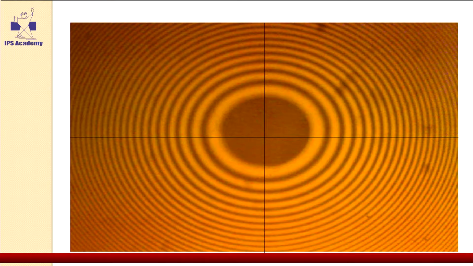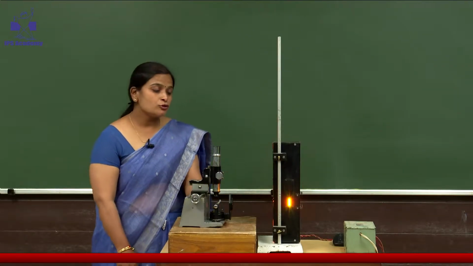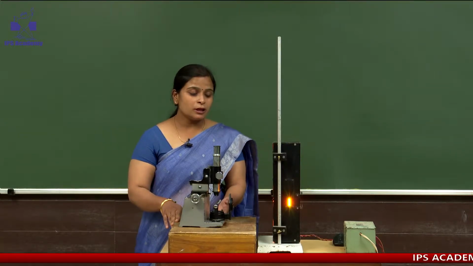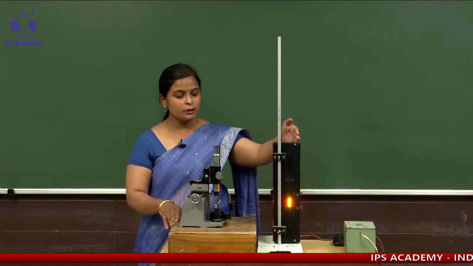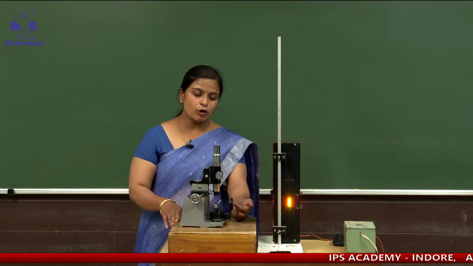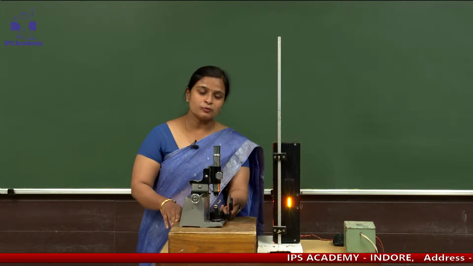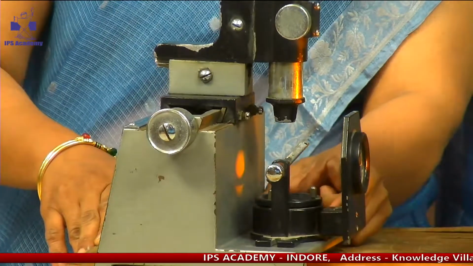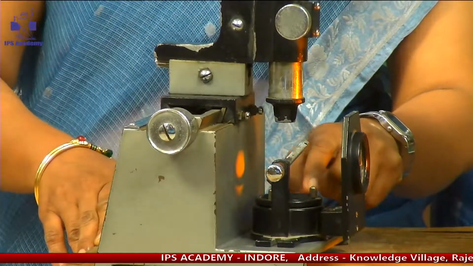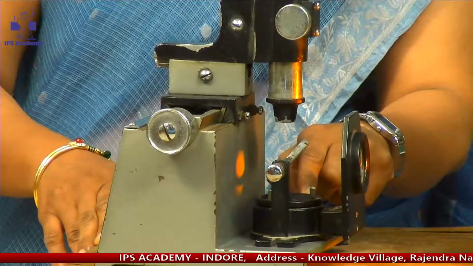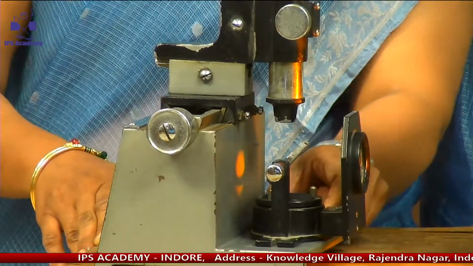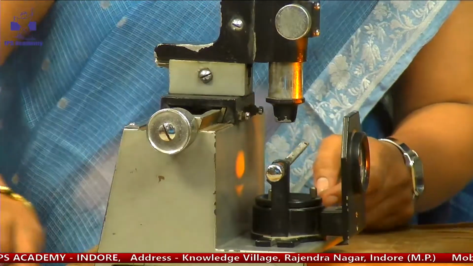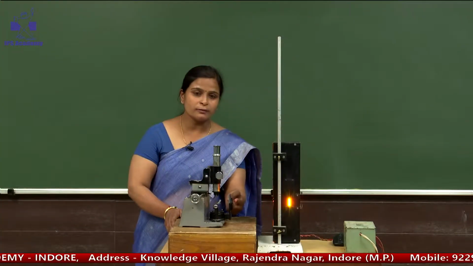So we will discuss the instrument now. As we discussed in the theory, this is the instrument of Newton's ring experiment. In this experiment, this is the sodium lamp. This is a convex lens. Here at the bottom of this region there is a plain glass plate inside this black portion, and on this surface there is a plano-convex lens which is equipped here, and this is a plain glass plate which is inclined at 45-degree angle. The light is coming from the sodium lamp.